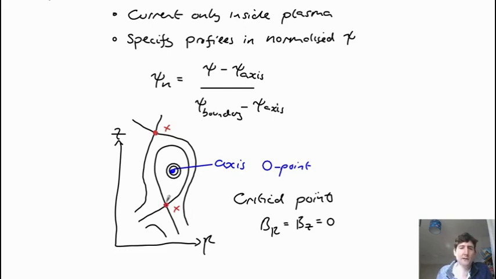If you find multiple x points, the boundary of the plasma is the innermost x point. So in this case it would be this value here. So the surface here would be, if I mark this one, the separatrix, which is the edge of the plasma. And so the job of this part of the code is to find the axis, the O point in the middle, and find the separatrix. And having defined that, you can then calculate the currents inside. Using the currents, you can solve for the potential, and then you can go around the loop again.